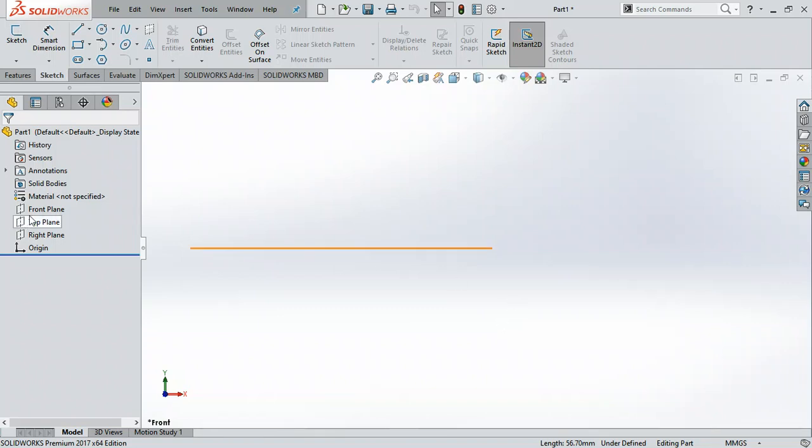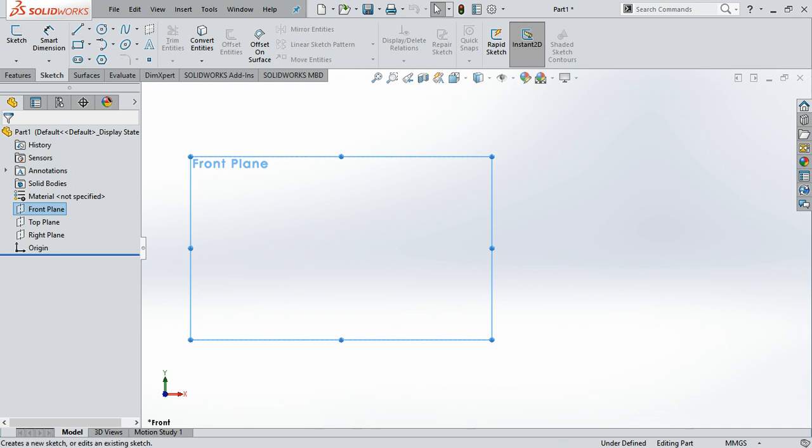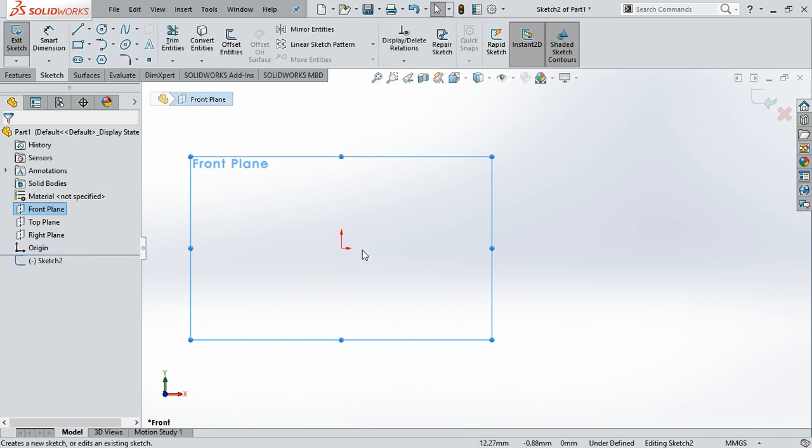On this job, we're taking you through the objective of how to use the offset tool. All right, so let's just quickly change our units to millimeter. Our dimensions are already set to MMGS, that's millimeter, gram, and second. So let's go ahead and sketch on the front plane, and then let's just